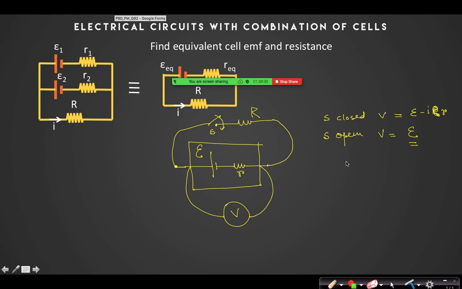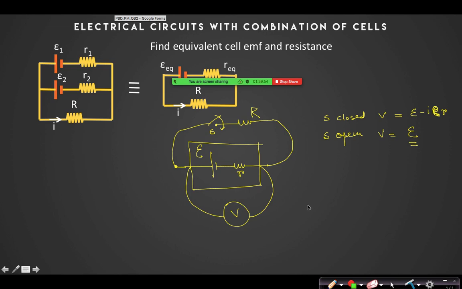Yes, sir. That is why I have said, for a reading, a current is going through there, no? That current the voltmeter can get from this EMF only. That is a very small current. I am taking an ideal voltmeter. An ideal voltmeter will carry a negligibly small current, right?